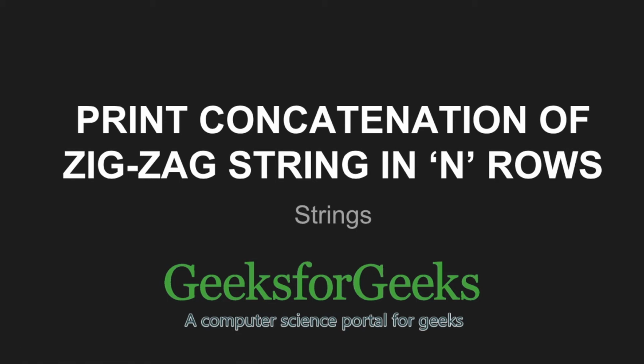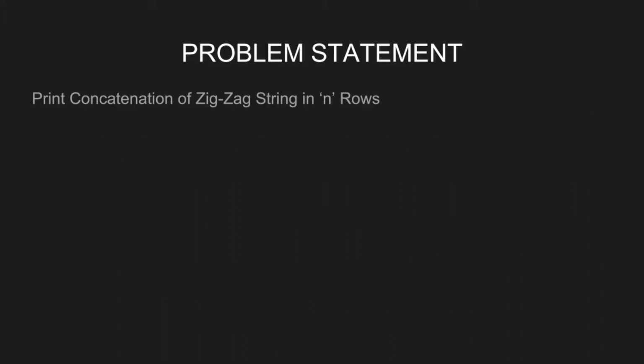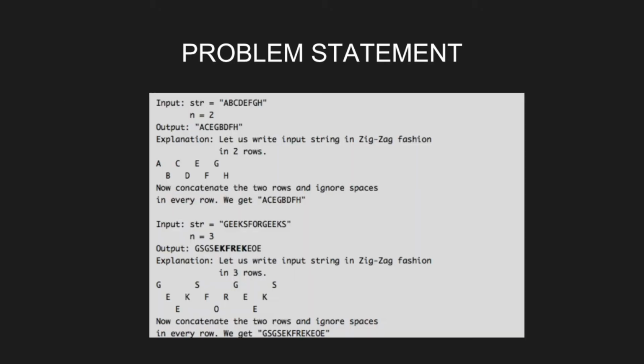This is a video tutorial on how to print the concatenation of zigzag strings in n rows. We need to print concatenation of zigzag strings in n rows. For input string ABCDEFGH, n equal to 2, output will be